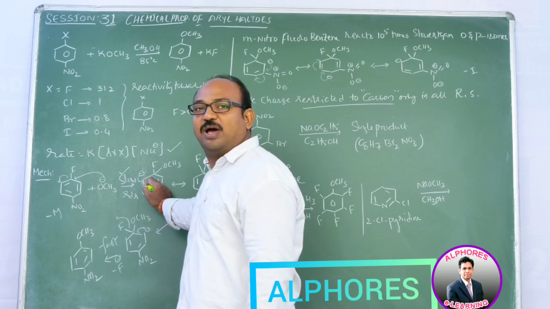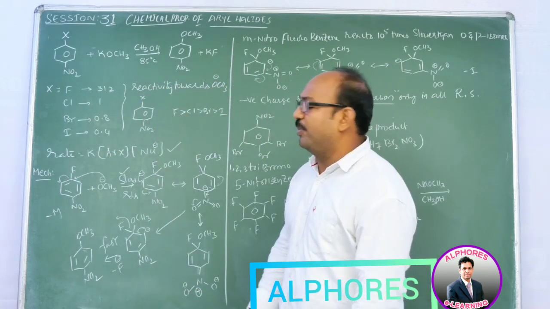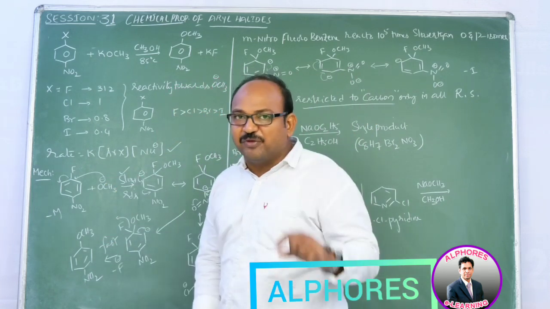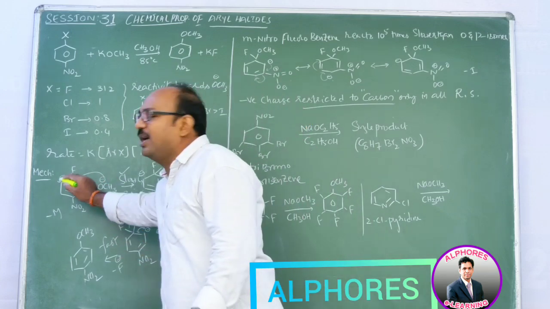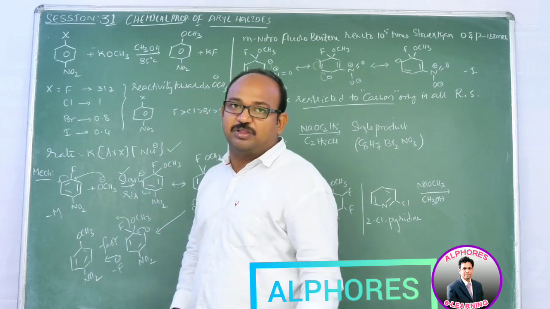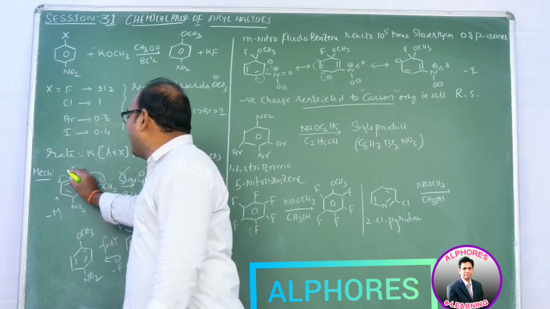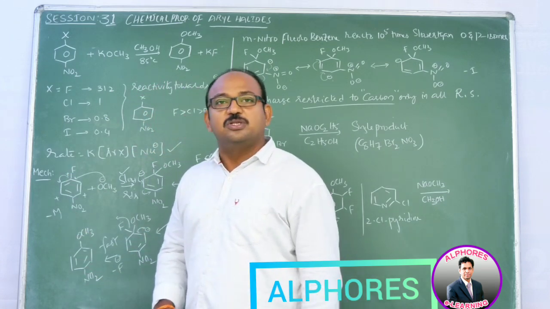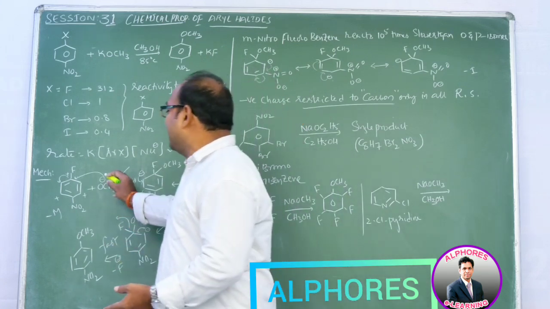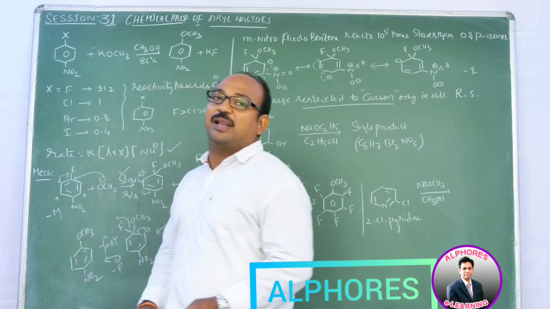In the rate law, which one is involved? Attack of the nucleophile upon the leaving group containing carbon. And why does this OCH3 minus prefer to attack that particular carbon? Already we learned, as NO2 group is a stronger electron withdrawing group. Because of NO2 group, what happened? Here in ortho and para positions, positive charge developed. So, sir, ortho and para both have positive charge now. Then OCH3 minus may come and attack the ortho position also. Why did you mention clearly only para?